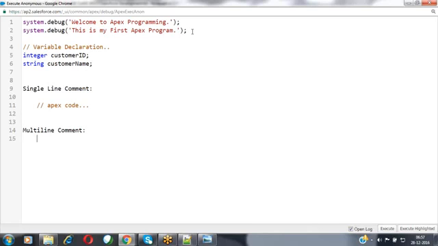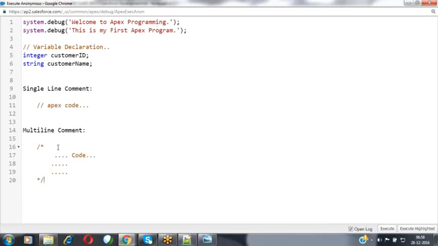If you have multiple lines of Apex code available and you want to comment those multiple lines of code, then you can specify a multi-line comment here. Specify the forward slash and a star symbol, and then between them you can specify the code which you want to comment. Whatever code you want to comment, place that code, and then you can close it by using a star and a forward slash. Nothing but this block indicates the block of statements which needs to be commented. This code cannot be compiled, this code cannot be executed, and this code's characters cannot be counted inside that limit of Apex code characters.